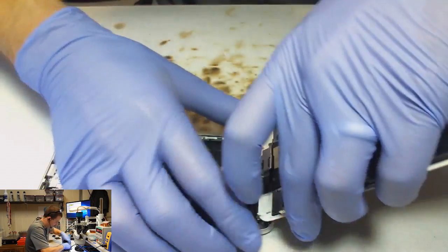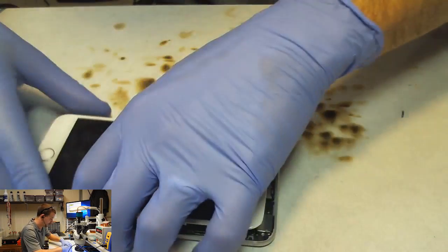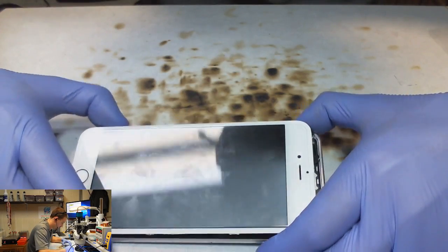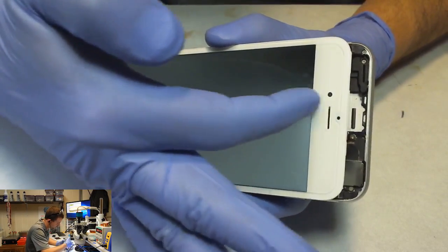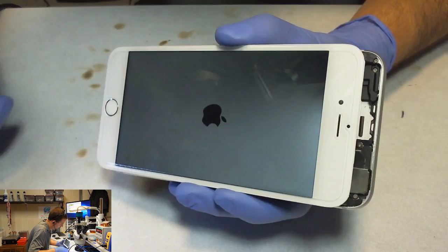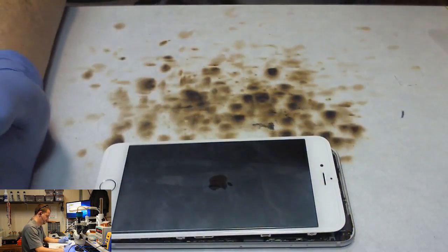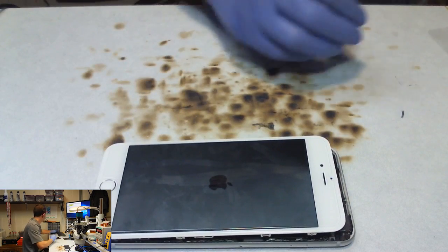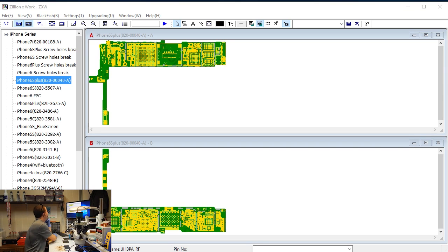Alright, screen's all plugged in. Yeah, this dude has had some obvious backlight rework, and yeah, so that's what we get. Half backlight down the left hand side. Okay, so let's let this phone boot up, and I'm going to have a look over here at the schematic of what